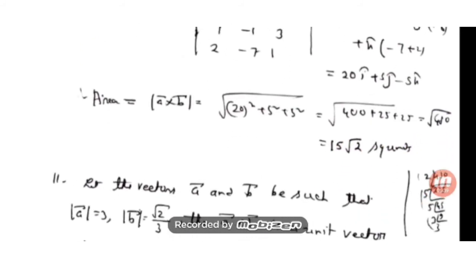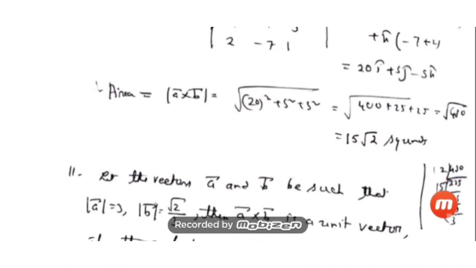I have just shown here the calculation of how I have done it. Dividing by 2, we get 225, then dividing by 5 gives 45, again dividing by 5 gives 9, and it can be written as 3 into 3. So 3 fives are 15 which come out, and root 2 will be inside the bracket. Okay, so here the solution of question number 10 is completed.